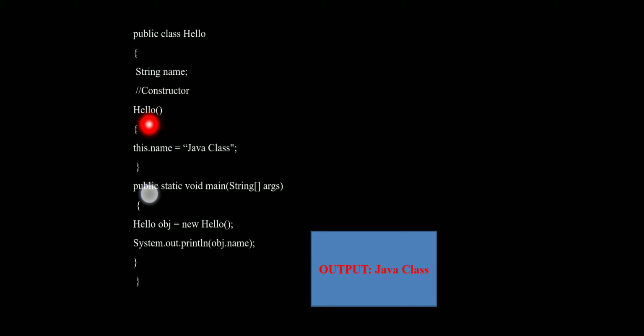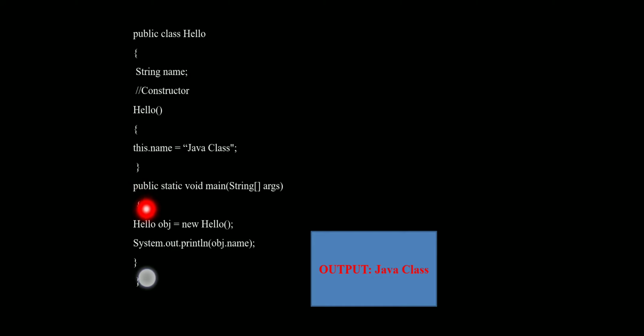Then here we created the constructor, that is Hello. The class name is Hello, and the constructor name is also Hello. It means the constructor name and the class name must both be the same. In this constructor we are going to initialize this.name with a statement, that is Java class. Again we are going to close the constructor.